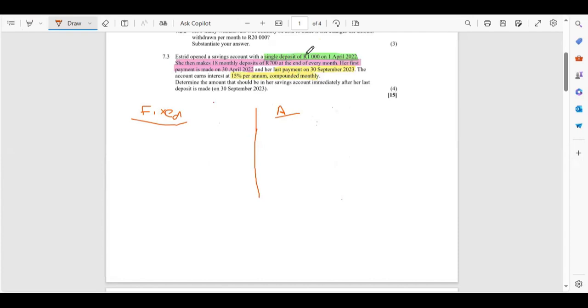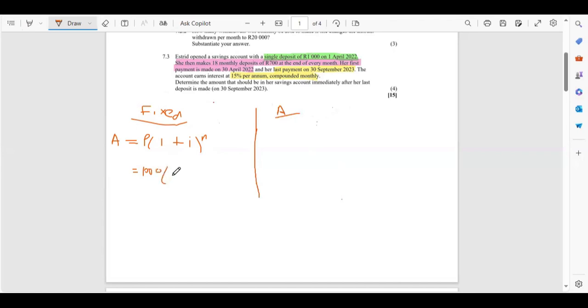There are two types of questions. It can either be simple interest or compound interest. Now, in this case, because our interest is compounded monthly, this simply means that we're going to make use of our compound interest formula, which is A equals P(1 plus i) to the power n. Now let's substitute what we have. We're looking for a future value, which is A, and in this case, what would be our present value? They say he made a deposit of 1,000, so our P would be equal to 1,000 rands,